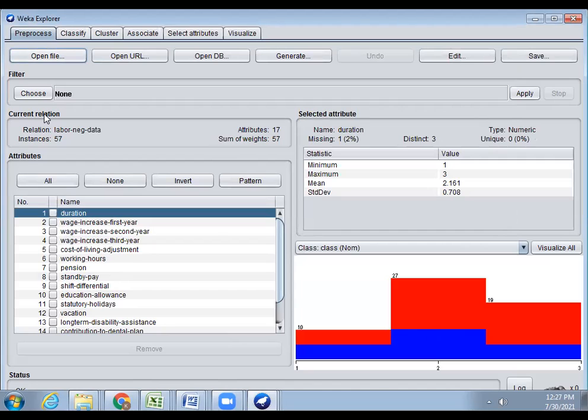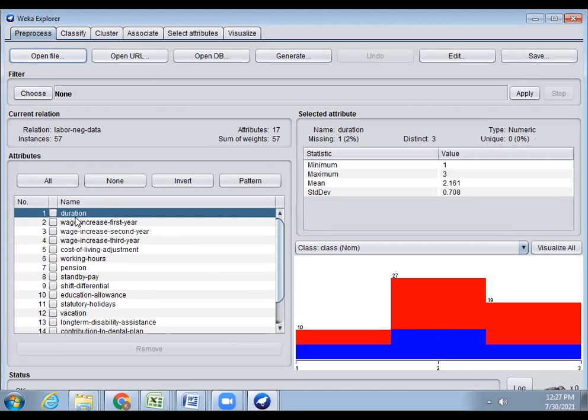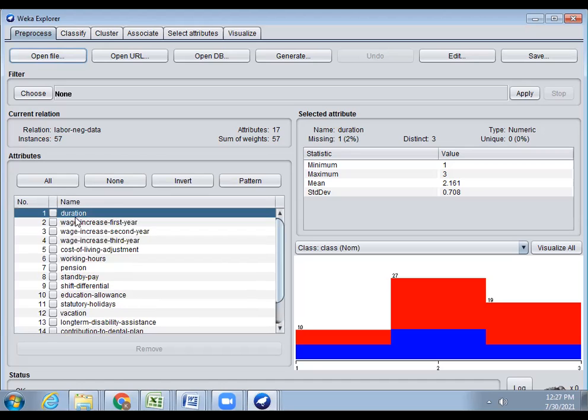So automatically, when we choose the labor.arff data set from our local disk, the corresponding instances are displayed in the attributes. What are the attributes in our data set? The whole list will be displayed, and for each attribute how its type is shown, and distinct and missing values are also displayed in percentage.